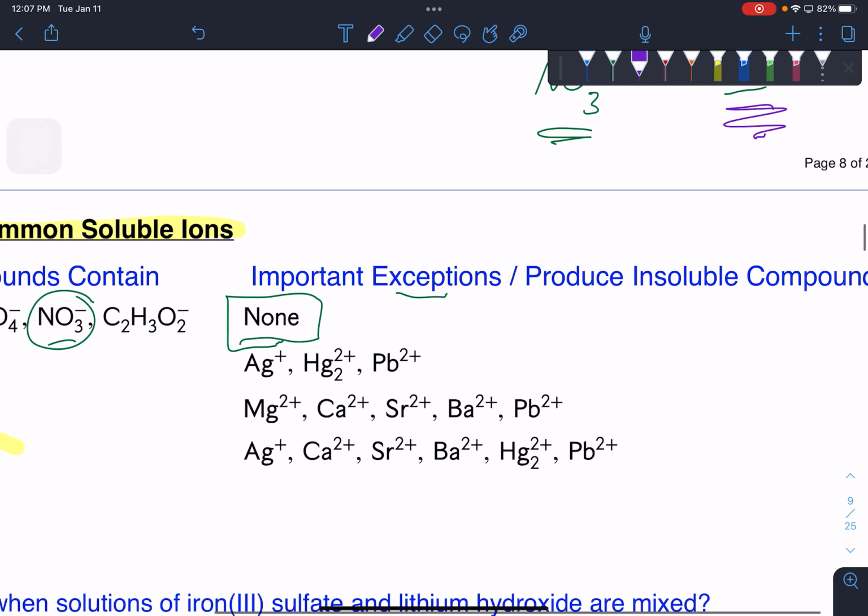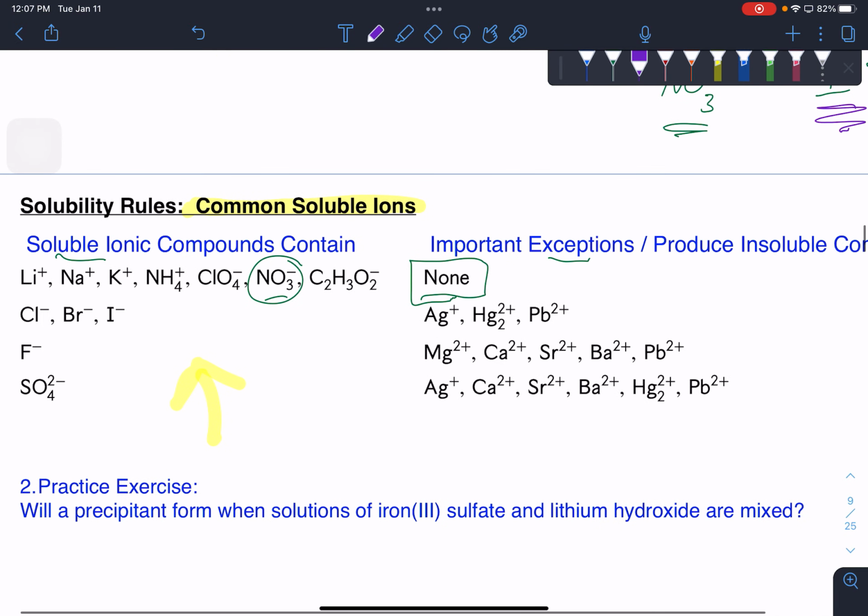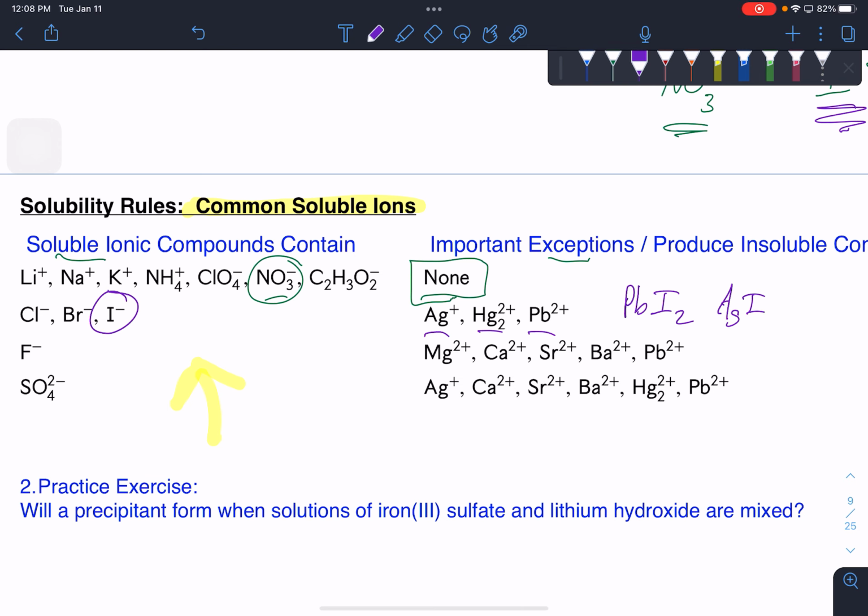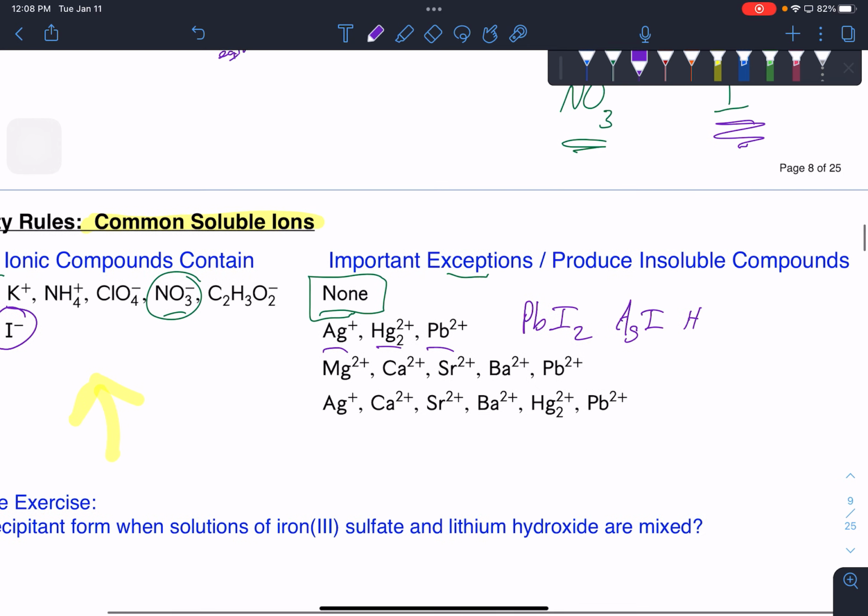And so if I go to my tables and look for iodide, I find it here. And it says most of the salts of iodide are going to be soluble except for those three. Lead iodide is in that list. And also silver iodide is in that list. This weird mercury, diatomic mercury thing,